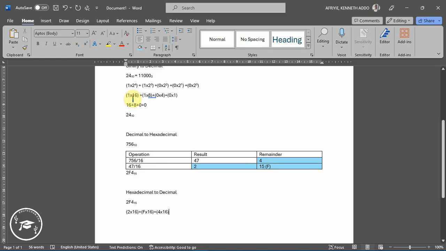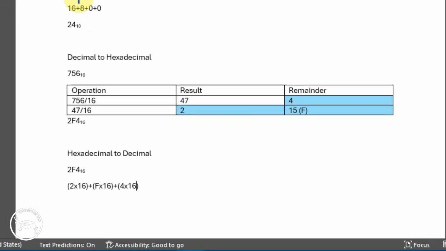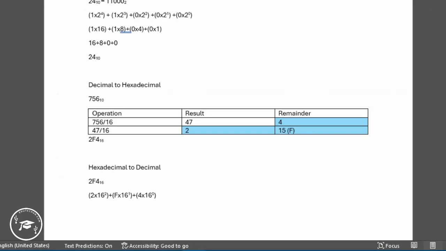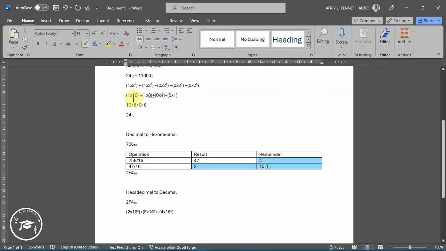Yes. So as usual, we start from here: 0, 1, 2. So we get 2 times 16 exponent 2. 16 times 16, we get 256. 256 plus,